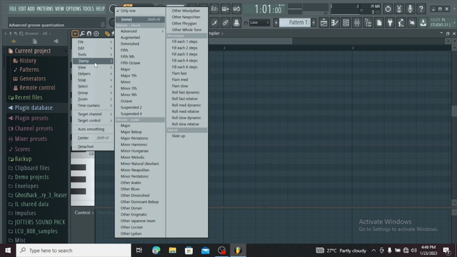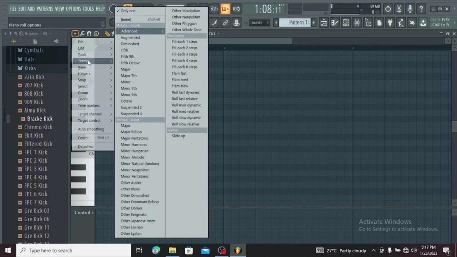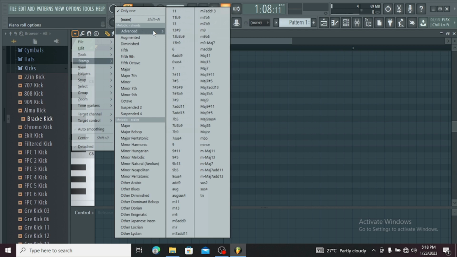We have here stamp. These are scales. So when you scroll down, you can see a whole lot of scales. We have melodic scales, we have all different kinds of scales here. The chords and all of them, and we also have advanced